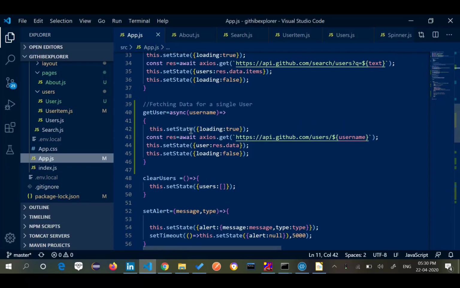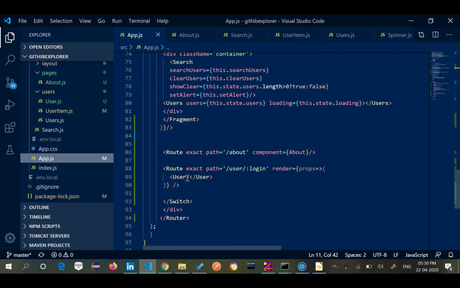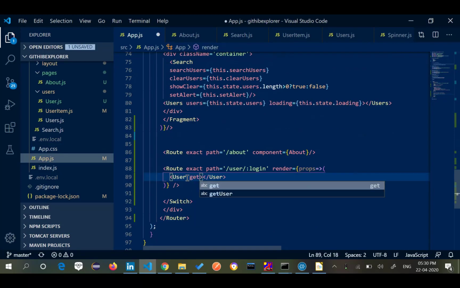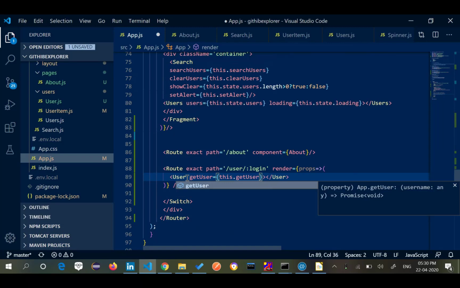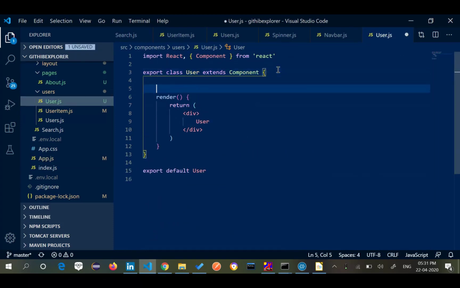In app.js, I require a username. So this can basically become my prop. So how will I do that? In my user, I will say user will become my prop, and this dot user will be the value to it. So I'm passing the prop from user.js, but from which component? Because I don't have any button or something.